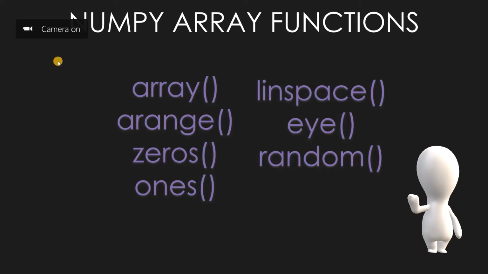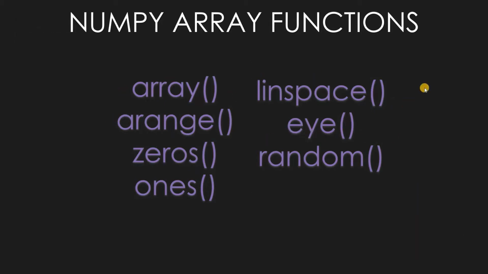So guys, hello and welcome to this tutorial. In the previous tutorial we saw from array up to I. So these all were the functions in the NumPy library. But now we're going to see the random module. Remember, I didn't say random function, I said random module. Random is a module, and inside this random module there are more functions.